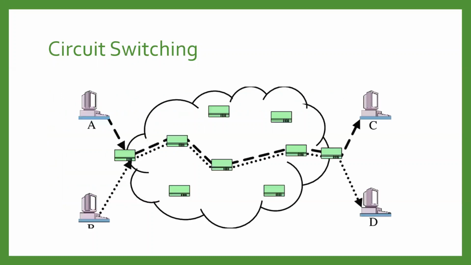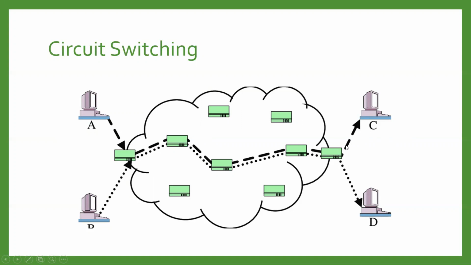Now, by using this diagram, we can analyze this with one example. If you can see this diagram, there are some nodes A, B, C, D. If we want to transmit the data from device A to device C, then before transmitting the data, the path will be analyzed, and one path will be predefined. Here, in this case, there is a dashed line between A and C. By using this path, the data will be transmitted.